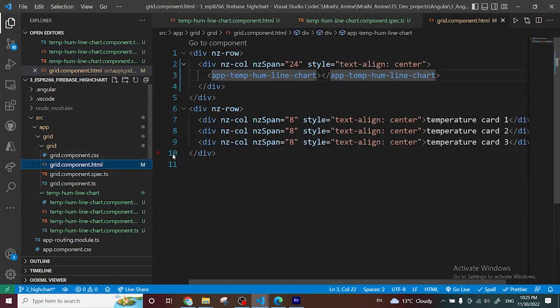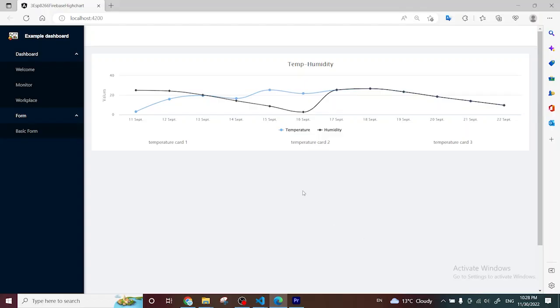And for the grid component, we have to add the selector of the component that we already have created. And as we can see here, the charts are created successfully. The title is the same that we have created, and we have here the legend, and it is responsive